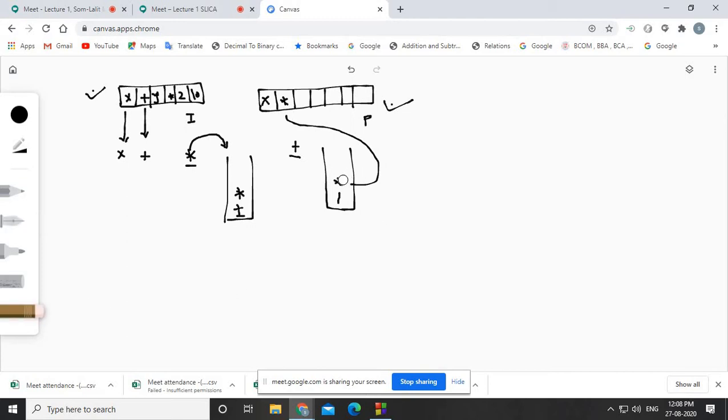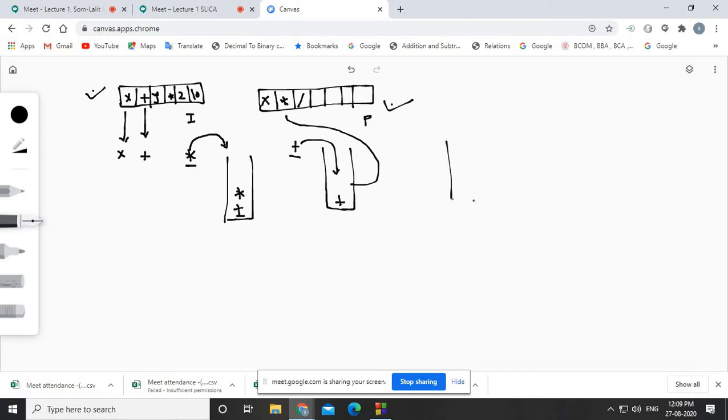Now the star is removed, right? Now another operator is what? Slash. Slash is there. Again the plus has a lesser priority, so this slash will again be popped, and that will go here, right? Now your stack is empty, and in that empty stack you have to insert a plus. So if a lesser priority is coming, you need to pop out all the higher priority operators, and the operators you have popped from the stack, you need to put into the postfix array, right?